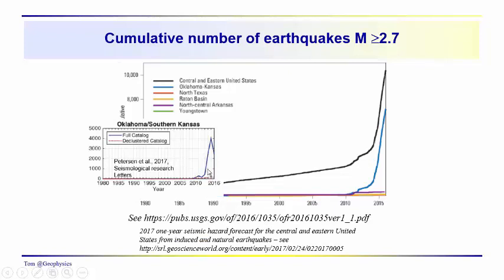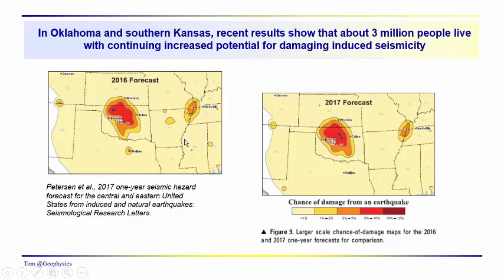This shows recent activity from a paper that was published in 2017, covering the period of 2013, 14, 15, and 16, showing the activity in the Oklahoma-Kansas area. So definitely very, very significant. We're talking about numbers of events in the 4,000 per year up here in 2015, dropping off to about 2,500 here in 2016. So certainly a major concern for these people. This is the location of Oklahoma. You can see that this earthquake zone extends up into the southern part of Kansas.